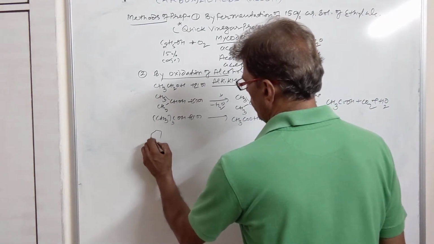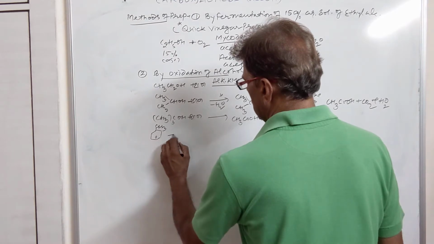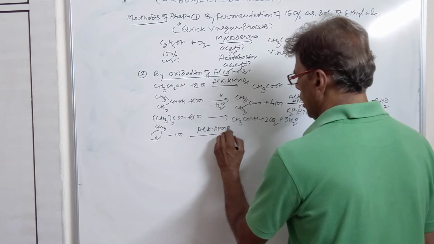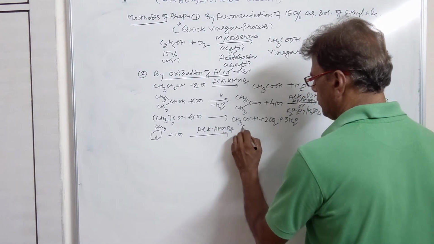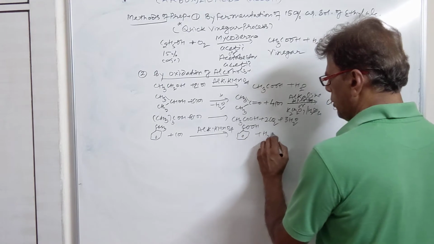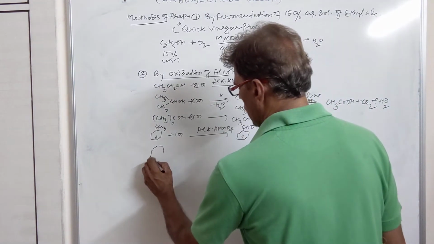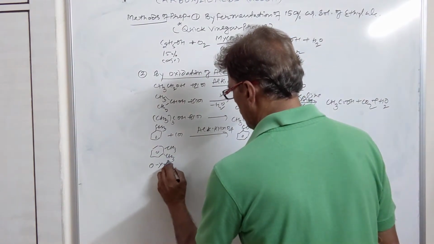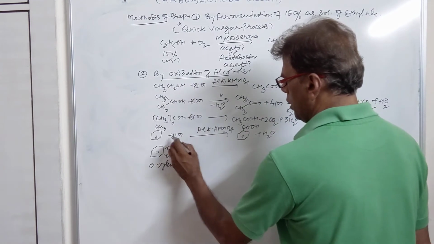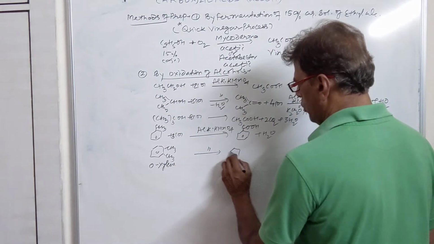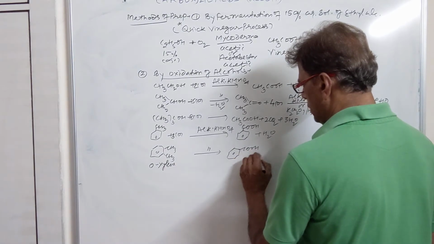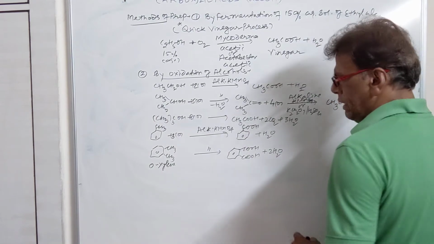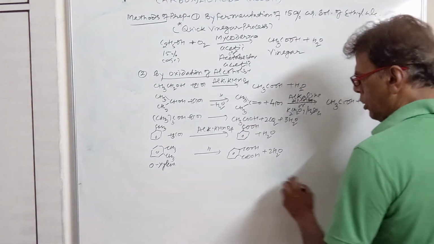Then oxidation can also be done in the case of toluene. It is treated with alkaline KMnO4. It will also produce benzoic acid, and water is eliminated from here. If you take orthoxylene, this compound is orthoxylene. Here 3 oxygens are consumed. Given alkaline KMnO4, you will get COOH plus 2 water. So in this case, how many water molecules will you have?